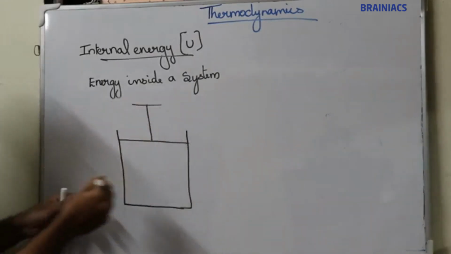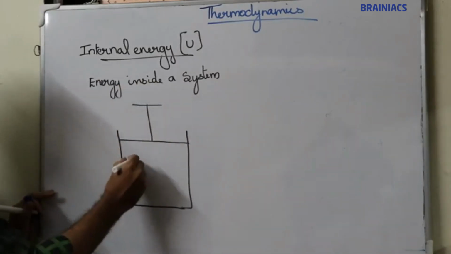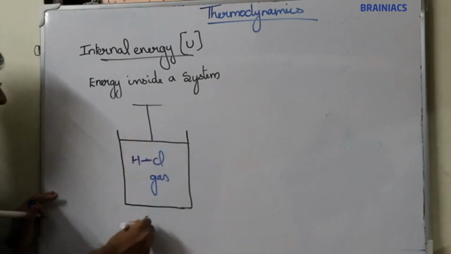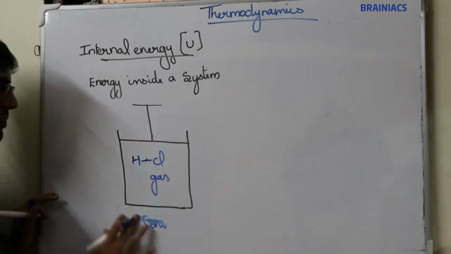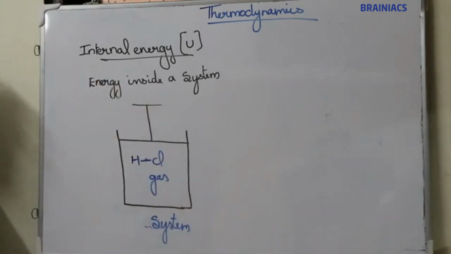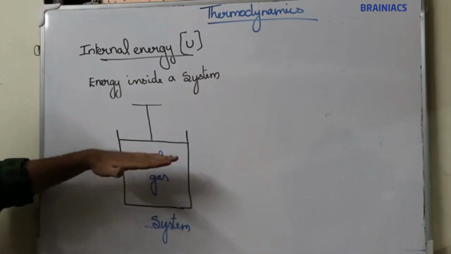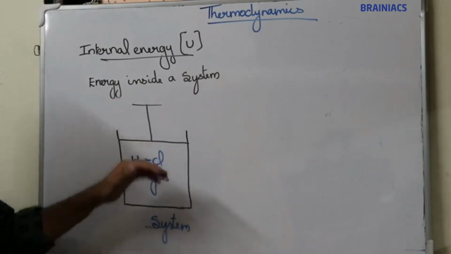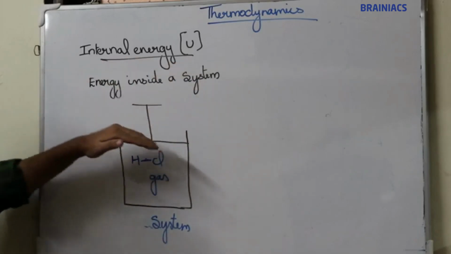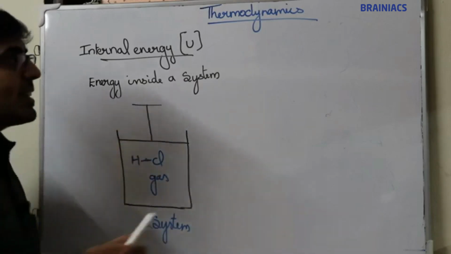And this cylinder is filled with any gas, let it be HCl gas. Consider this as our system. So our system consists of a cylinder filled with HCl gas and a frictionless movable piston attached to the cylinder. Now, if you consider a single HCl molecule,